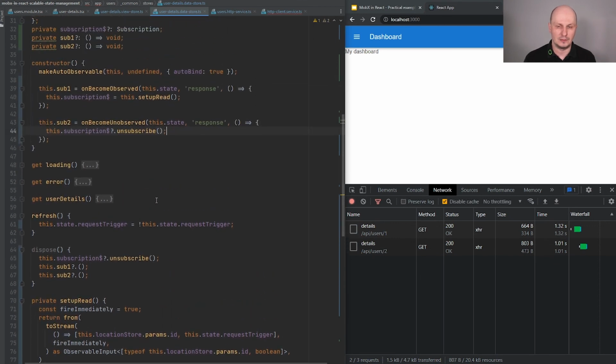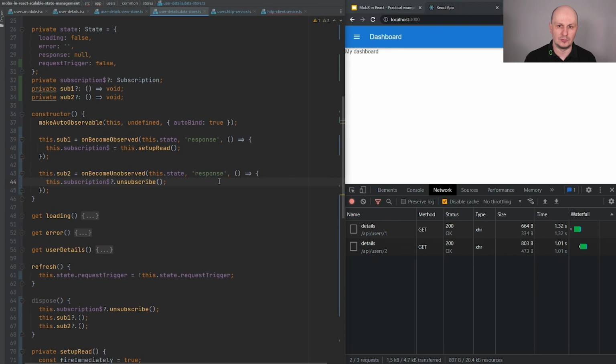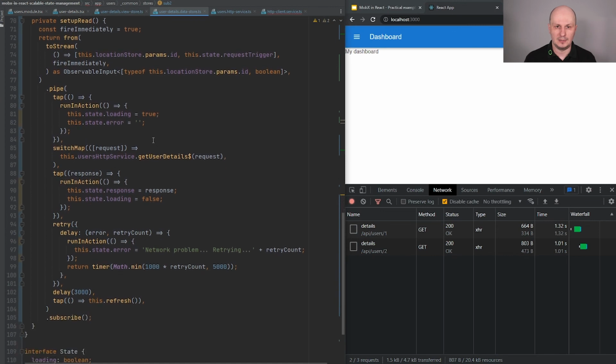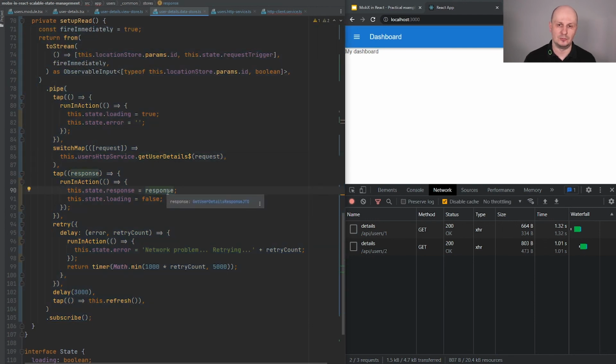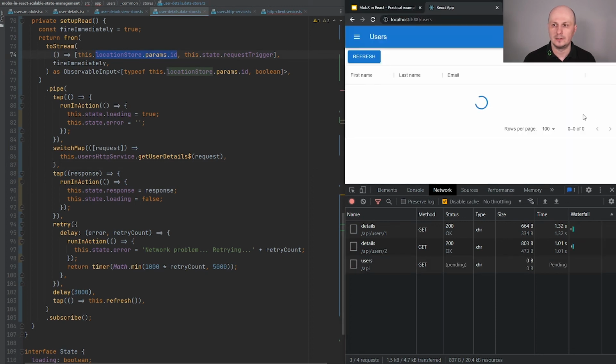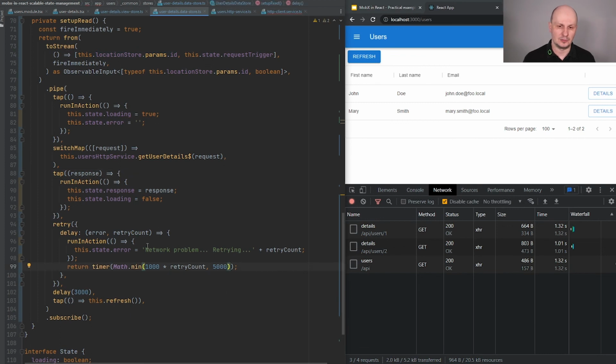Everything was configured inside this data store with tools like onBecomeObserved and unobserved, and a little bit complex, but maybe not so much, the RxJS stream, which is able to fetch and cancel requests based on location parameters from the user browser, and it also supports errors, polling, and the refreshing button.